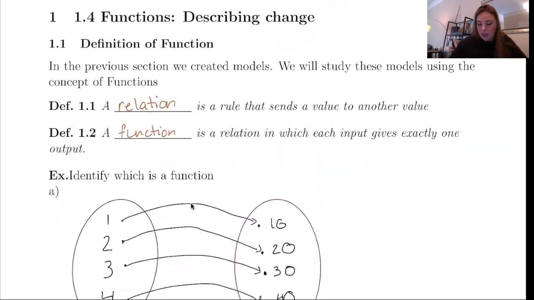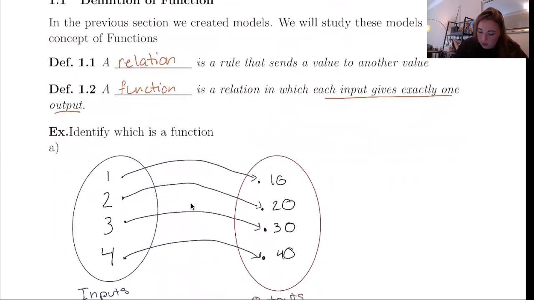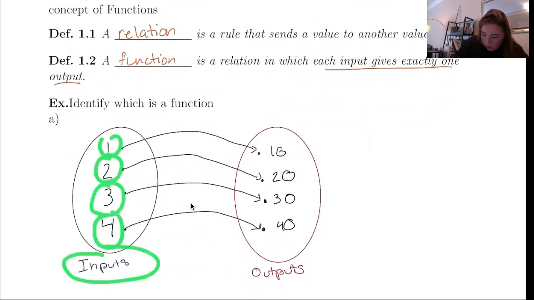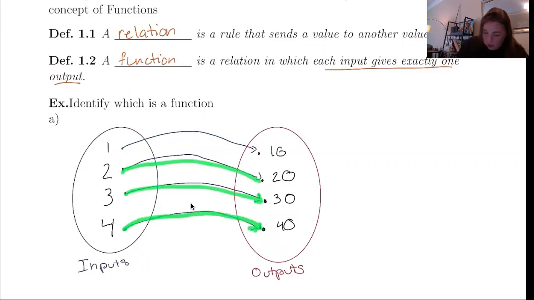So we can identify a function if each input gives exactly one output. If we think of x as our input and y as our output, every x sends me to only one y. Okay, so we're going to identify which is a function. Here, my inputs are 1, 2, 3, and 4. So 1 sends me to 10, 2 sends me to 20, 3 sends me to 30, and 4 sends me to 40. So does each input